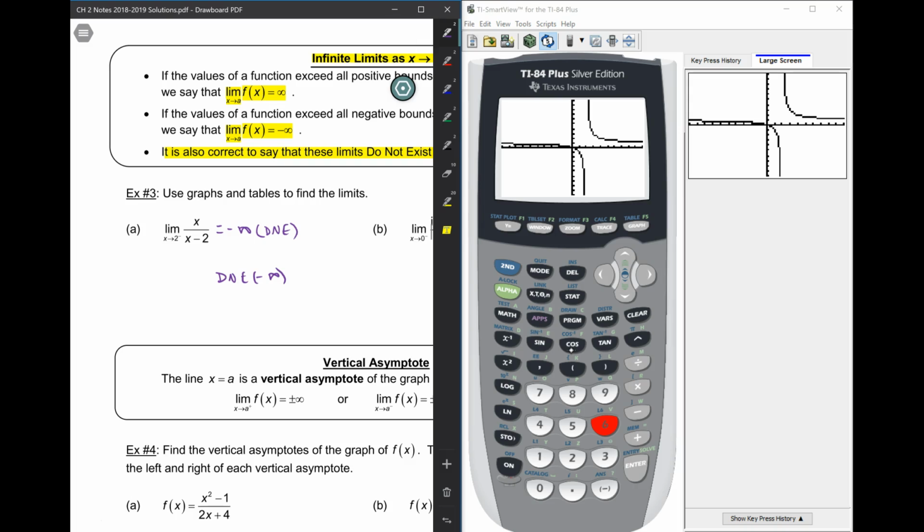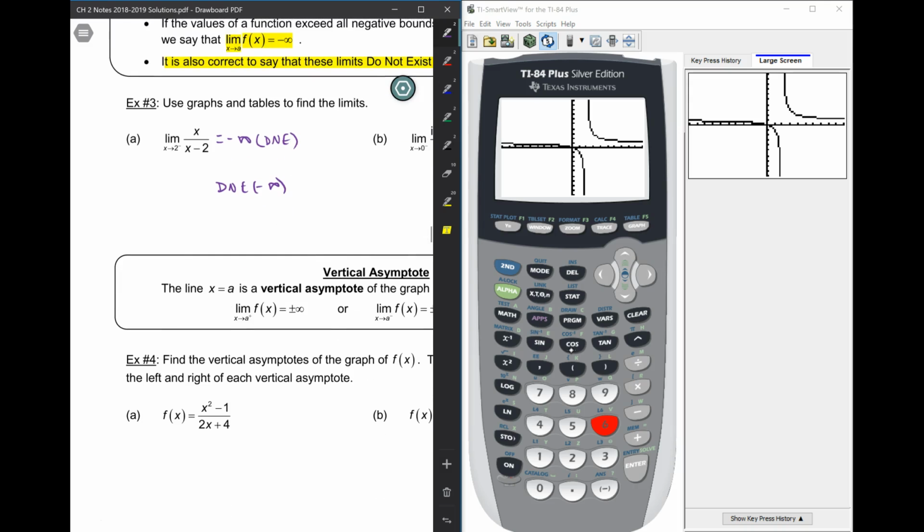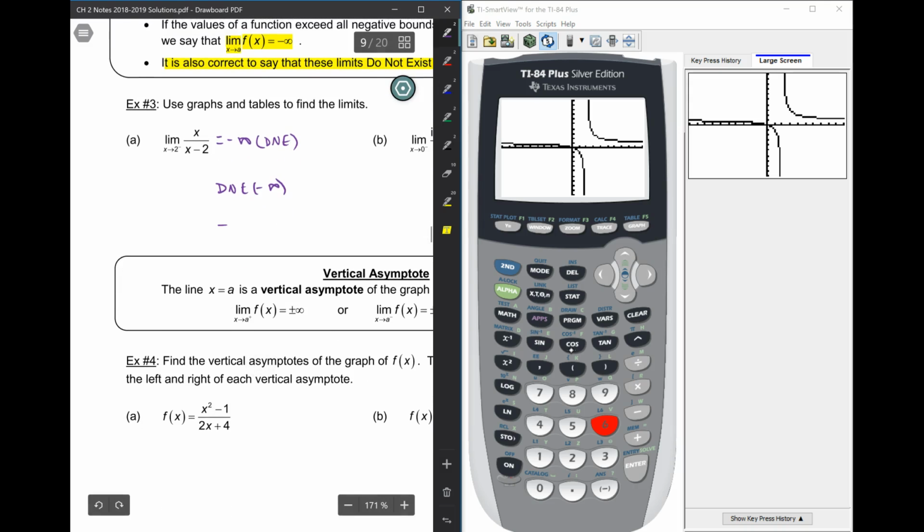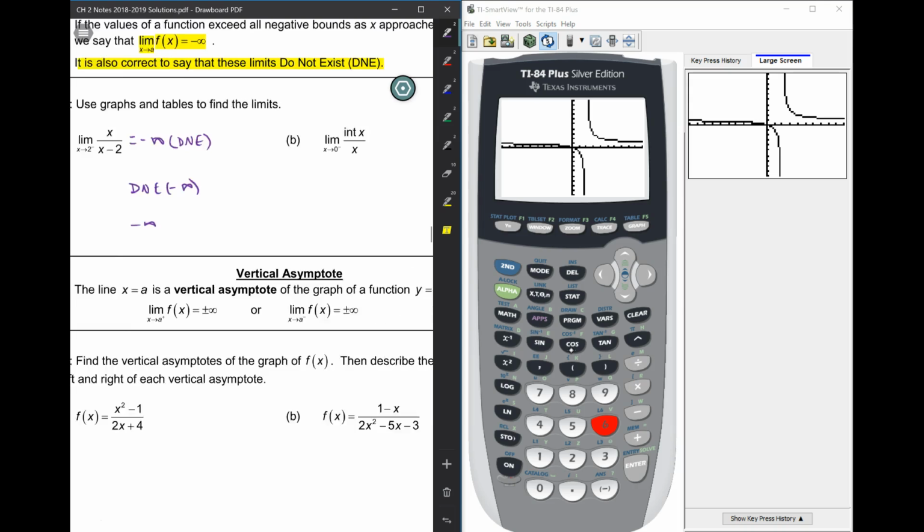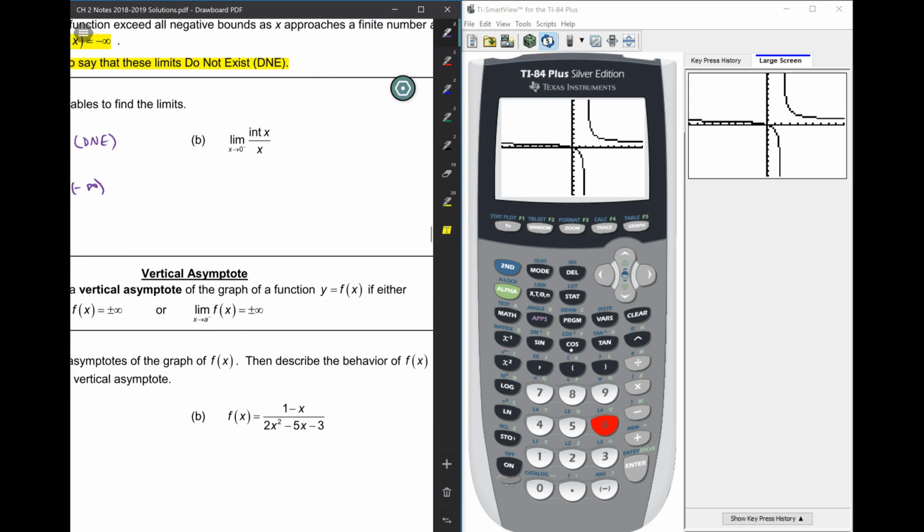Okay, so here's the thing. You could just say negative infinity, and that's cool. But you can't just say DNE. Not cool. Okay? Okay, this is the integer function, the greatest integer function. It's one of my favorite functions, but we never get to cover it anymore. But anyways,